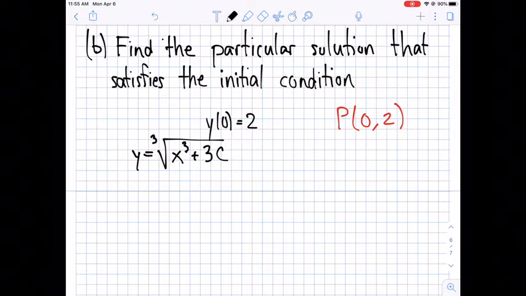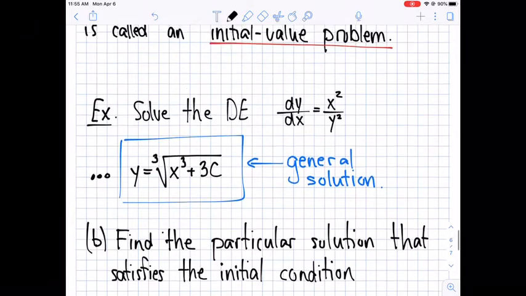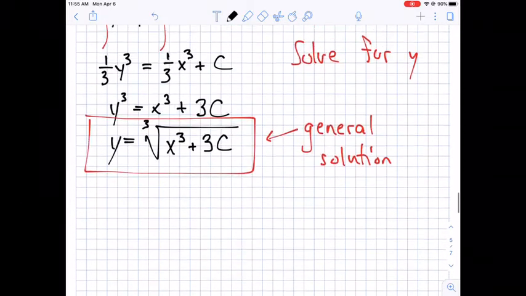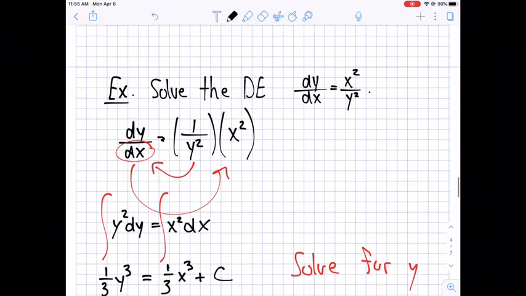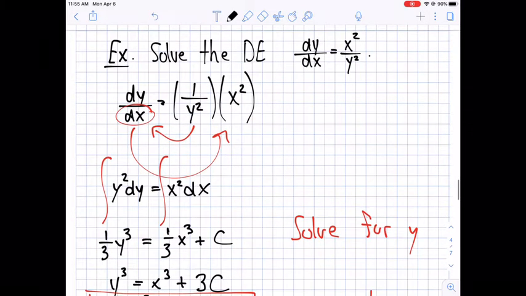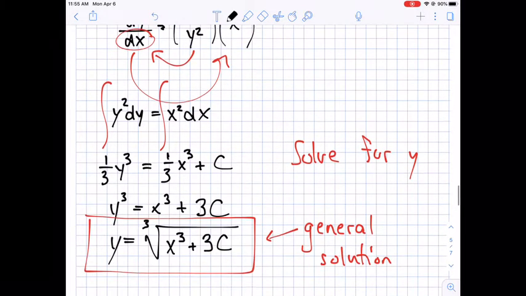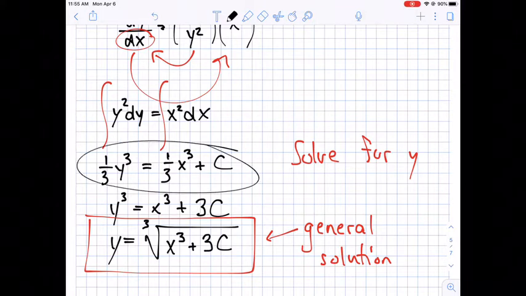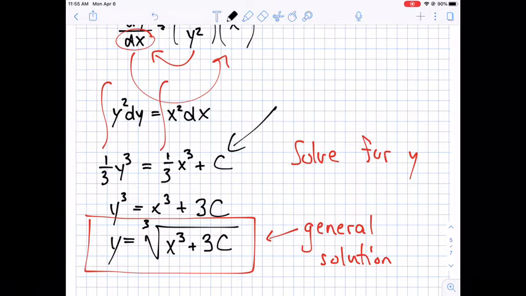What I would strongly recommend is go back to the work that you would have done earlier in this problem. Okay, so this is the work that we did before. We started off with our differential equation. We separated it, and we integrated. And this is what we had as soon as we had first integrated. This is very much what I want to go back to. Okay, so if you're going to solve for c, you'll notice at this line, I have c here completely on the right hand side. If I want to solve for c, I can plug in x and y